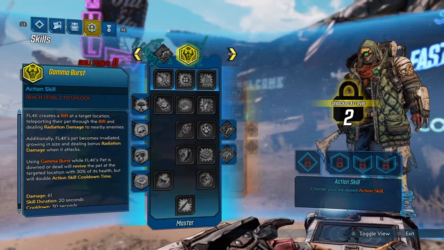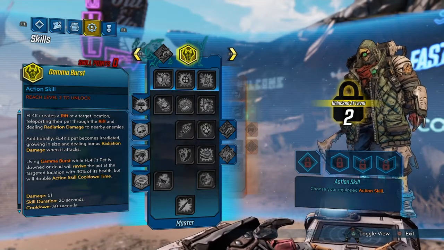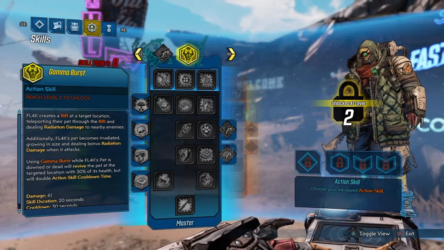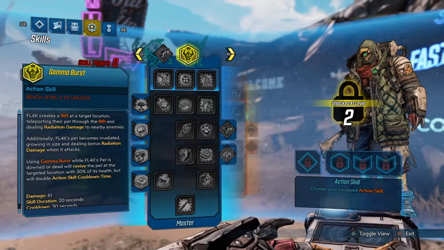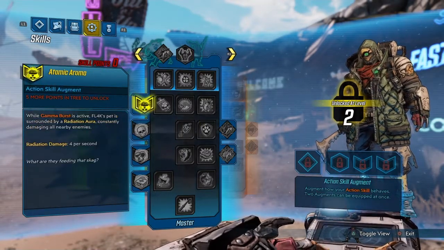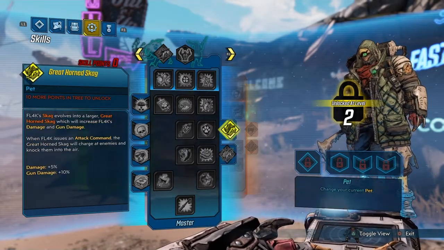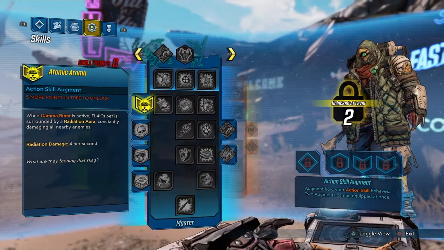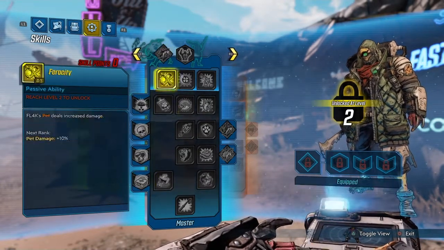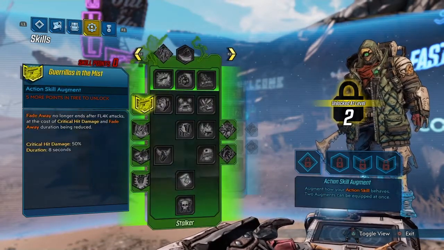And the other one we have is Gamma Burst. This creates a rift at a target location. Your pet teleports there. The rift deals radiation damage, and your pet gets bigger and does radiation damage. Now let's take a look at our upgrades. Each of the skill trees has 4 upgrades on the left and 2 upgrades on the right. The left upgrades upgrade the skill in relation to the skill tree, whereas the abilities on the right upgrade your